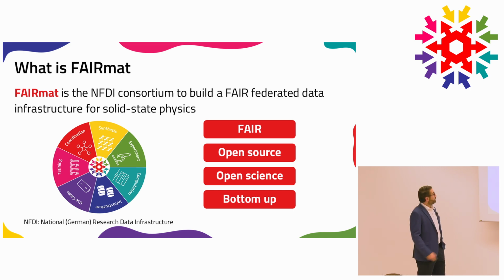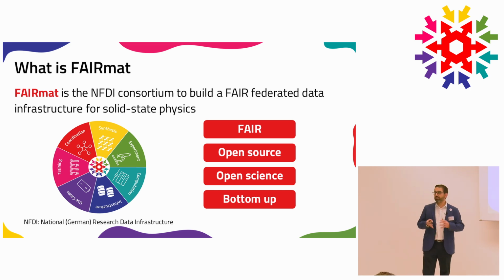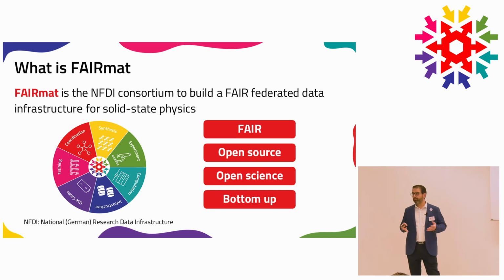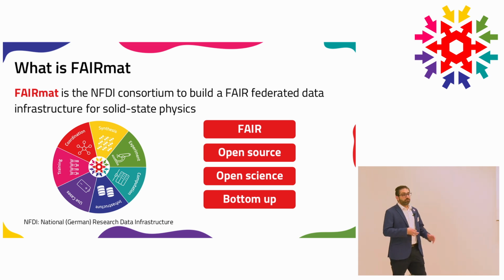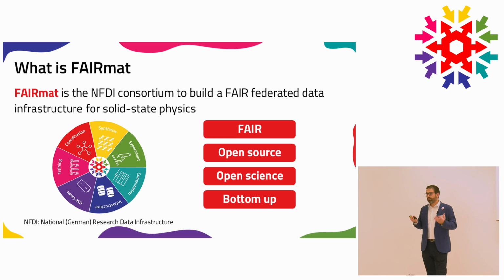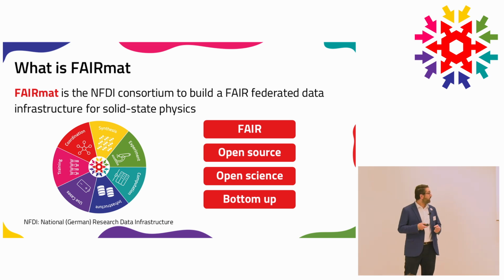In FAIRmat, we operate in 7 functional areas, 3 of which are the key topical areas: synthesis, experiment, and computation. This basically covers the possible file formats and file types that are generated in our field. We have the infrastructure area, which develops the tools and the solutions we offer and makes sure that we have the resources to run them. The use cases area uses all the developments from the other areas to create demonstrations for domain-specific applications. Then there are the outreach and training area, and of course, coordination and scientific administration, which defines the direction of the project